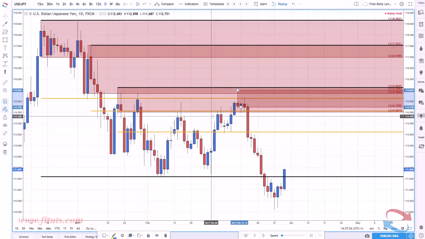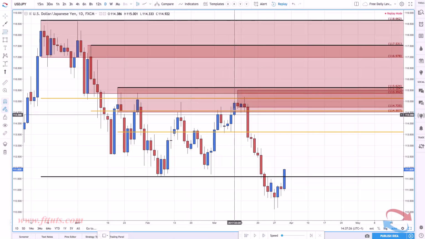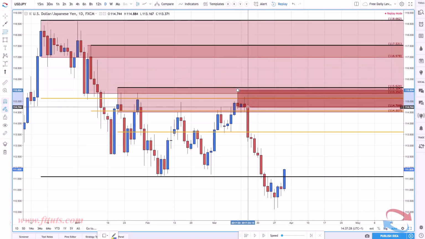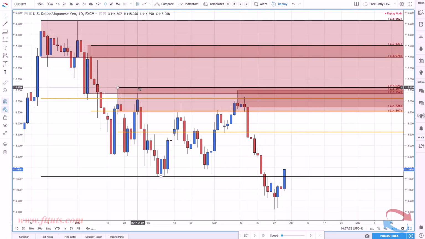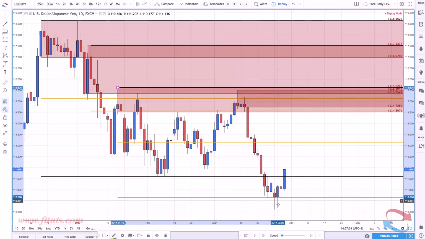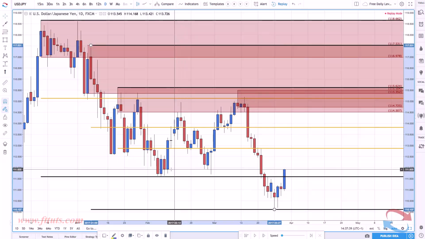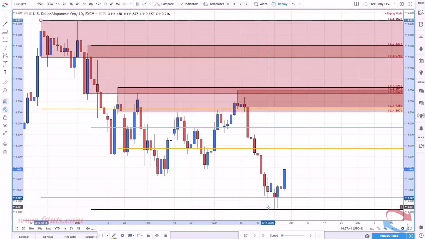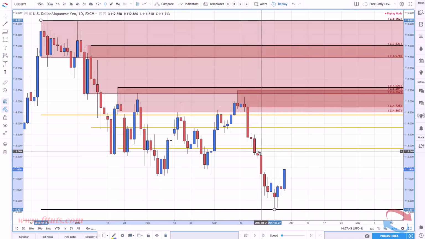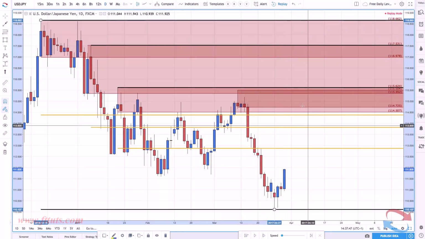Right, so this is where prices look like they're pulling back. As we are still within this value range here, we're obviously pulling these value ranges down as well, right? So our first area to try and look to get short at the moment is still going to be up